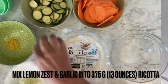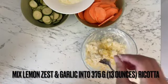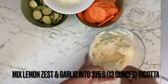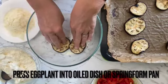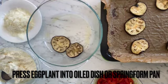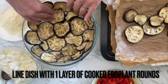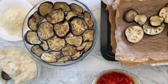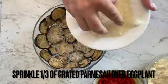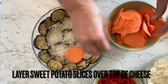Now if you're using fresh ricotta, drain it out and then mix your garlic and your lemon zest into your ricotta well. Prepare a springform pan or a casserole dish by oiling it, and then press your eggplant rounds into the base and travel up the side of the pan or casserole dish. Sprinkle 1/3 of your Parmesan